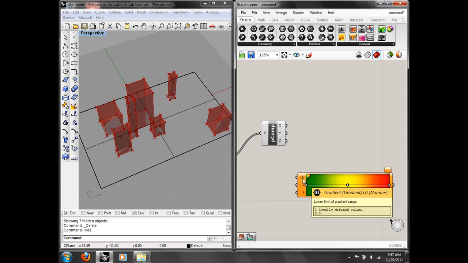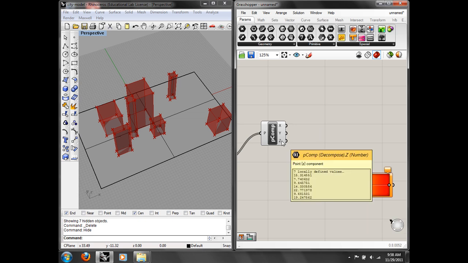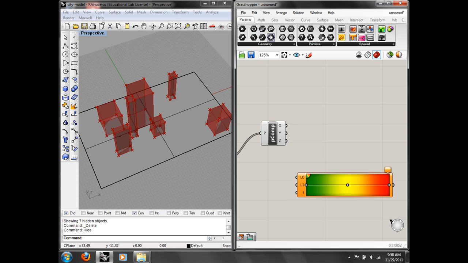Okay. So again, this is your lower limit, and then the other one is your upper limit. And then you can plug in a certain parameter, and that'll spit out a color. So what we need to do is find the upper limit and the lower limit of the data we have, and then when we plug these in, that building order is going to give us the color we want to make each building. Okay. So we have all these. What we want to do is find the upper limit and the lower limit. And to do that,